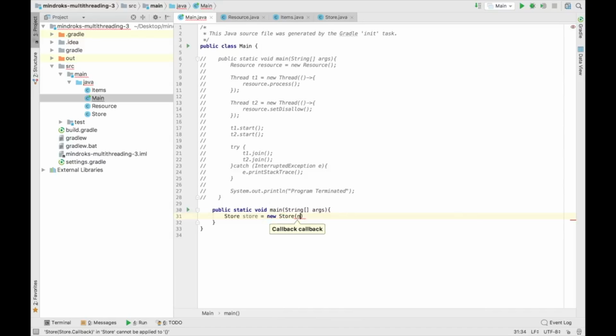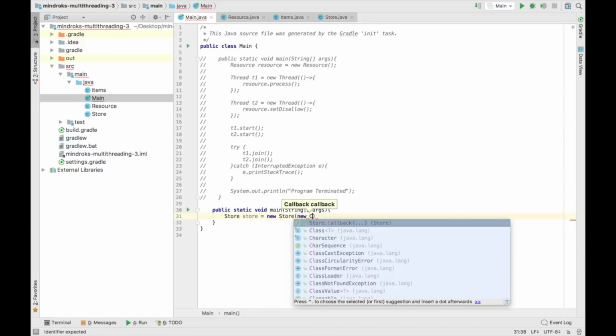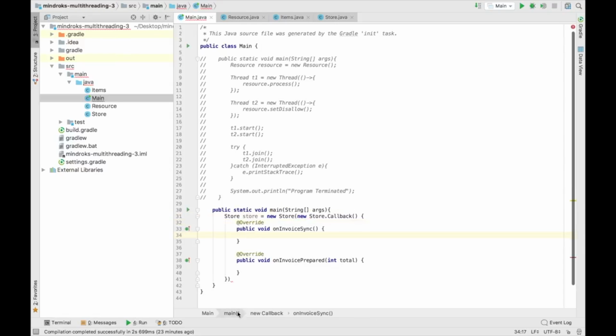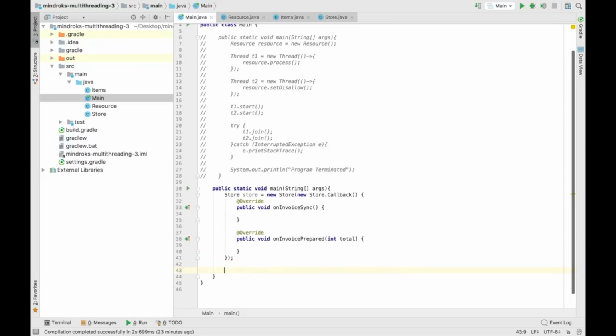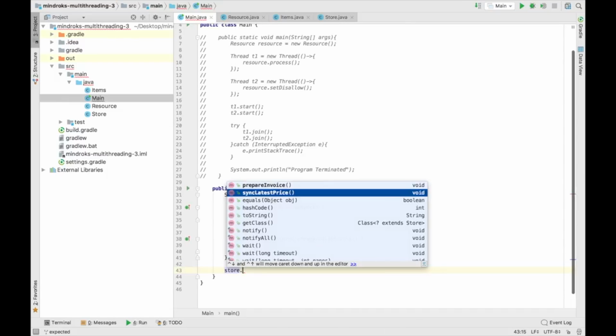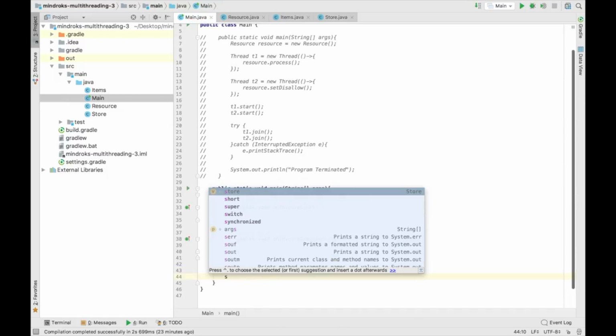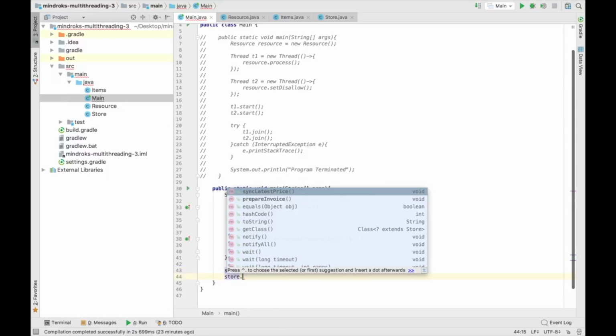Supply it a callback. Now for the first I'll call to sync the data from the server. Now I'll call to prepare the invoice,